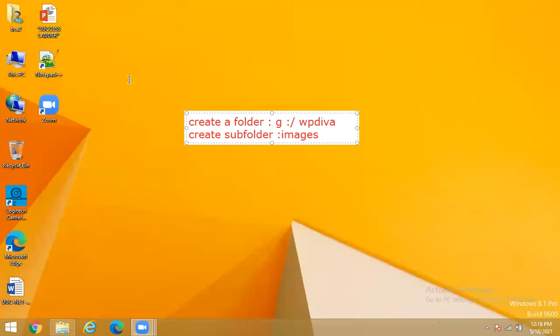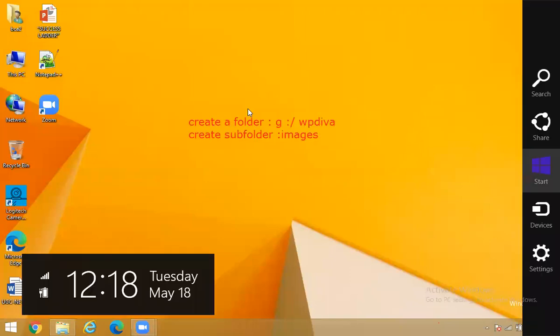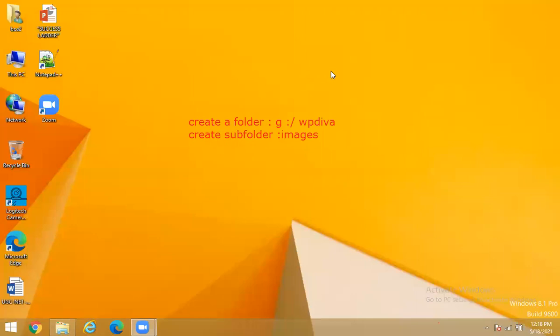Today we will see how to create one demo file in this WP division A folder. Yesterday I told you about Notepad++, which is an editor.